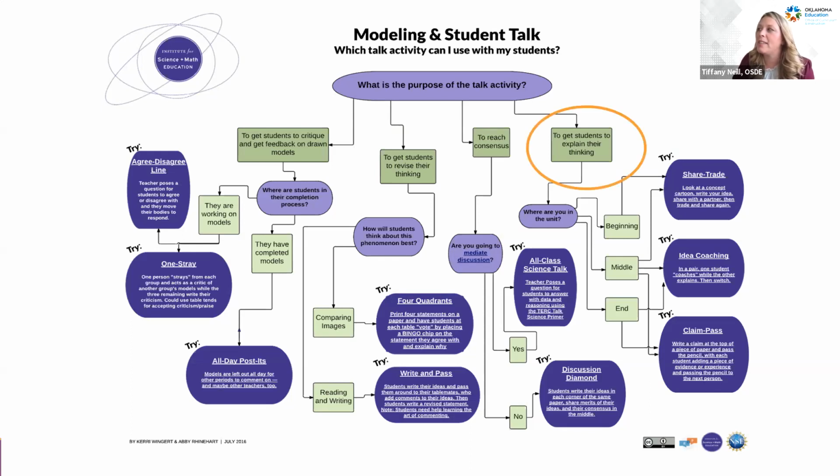If I determine it's to get students to explain their thinking, then in the flow diagram, it tells me next to think about where in the unit or lesson I want to embed this Science Talk activity. Is it at the beginning, the middle, or the end? If it's at the beginning, then I'm going to use the share trade strategy. And when I click on that link, it gives me a description of this strategy and how to use it